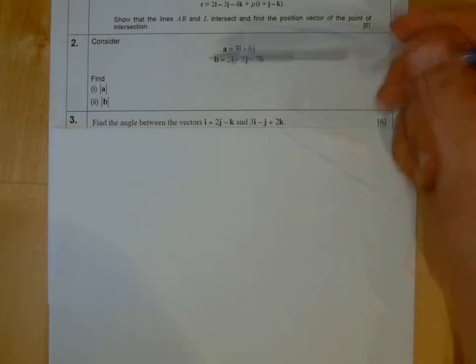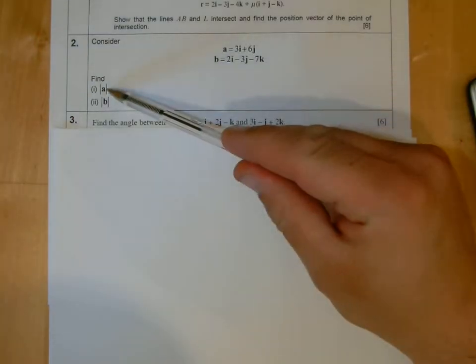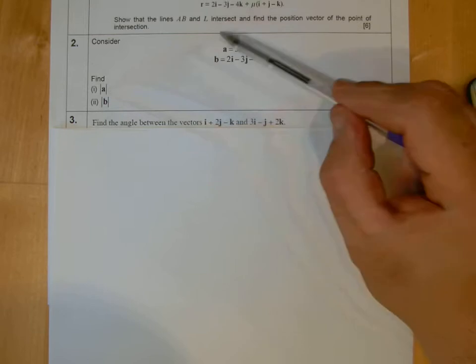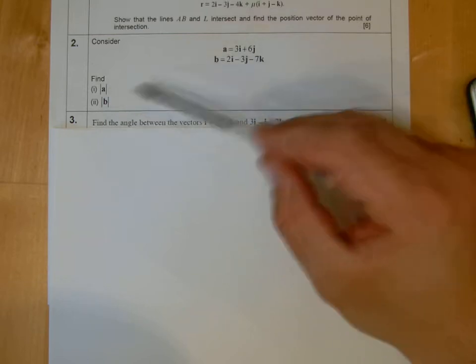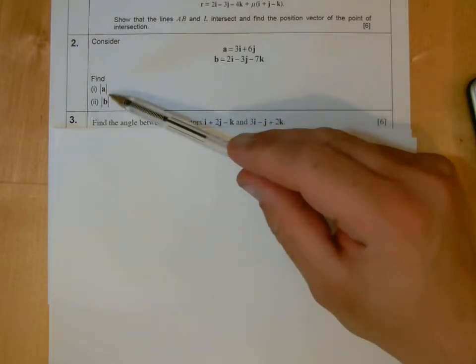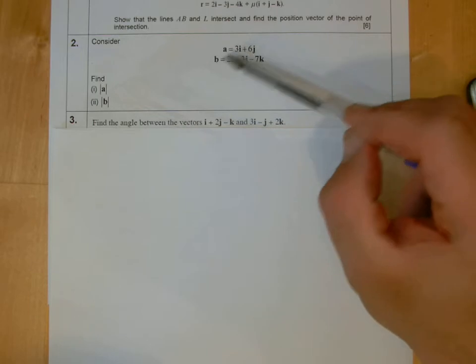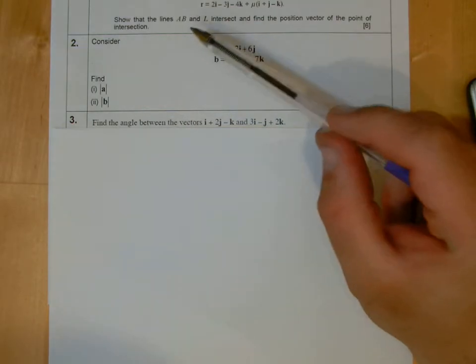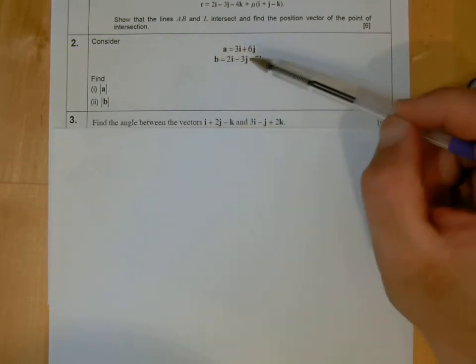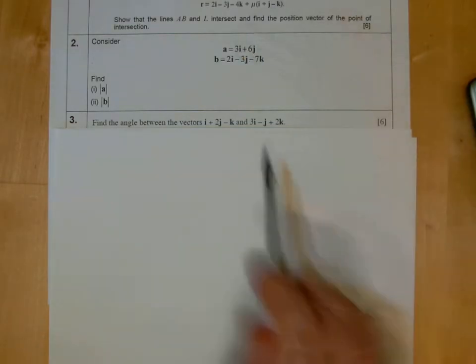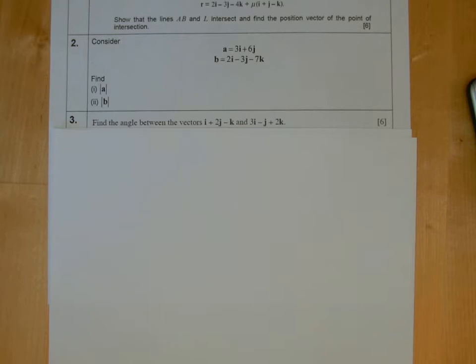But with question 2, they're asking us to find the modulus of A and the modulus of B. Now the modulus is the size, the actual size of it. Another name for size is the magnitude. How big is it? What size has it got? Now to get the size of it, with A, I can actually show you the process, and why